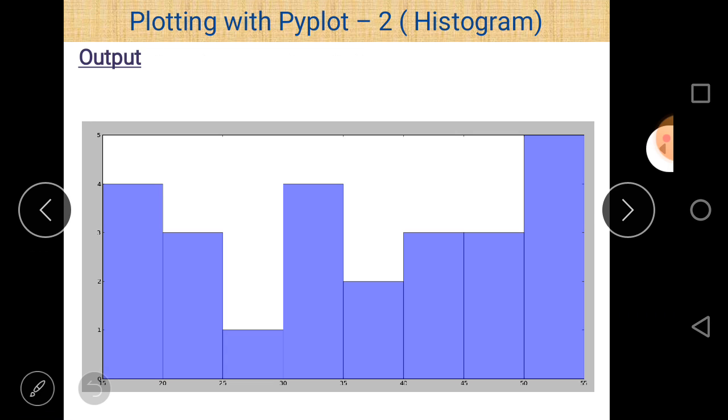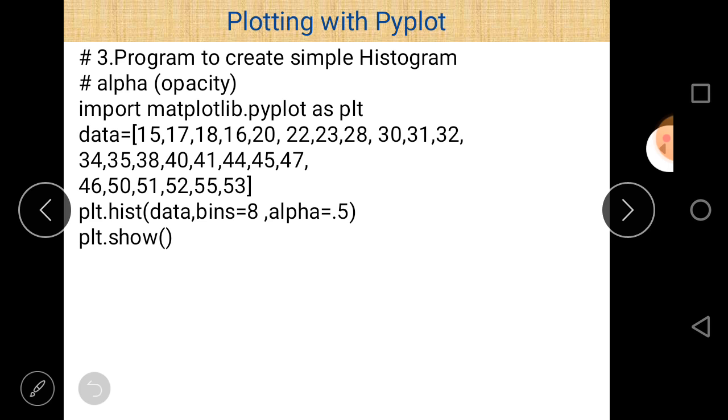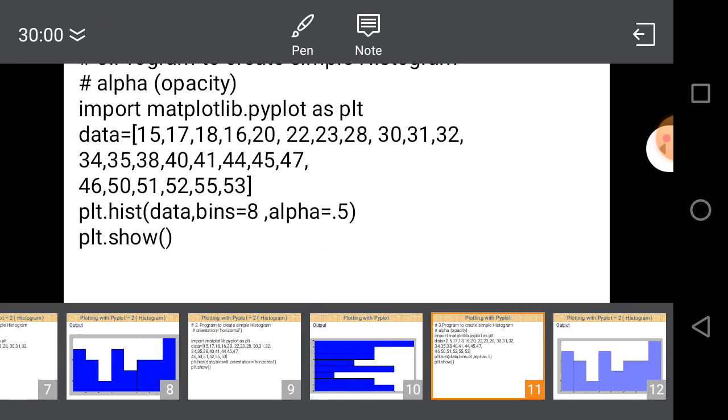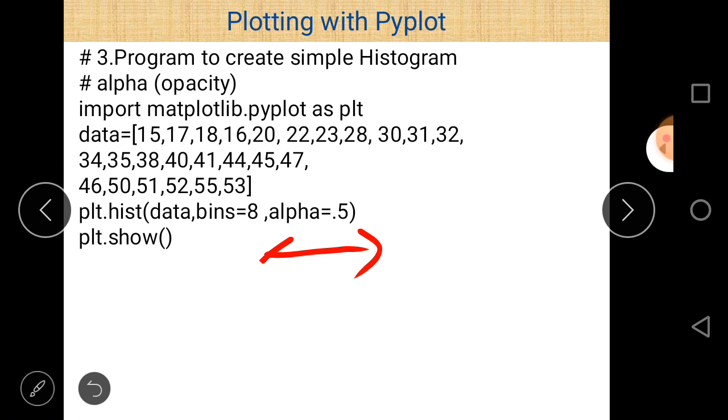So alpha basically means opacity. So 0.5 means 50%, and 1 means 100%, and 0 means basically it represents clear, it basically clears the data or does not show any color when alpha is equal to 0.